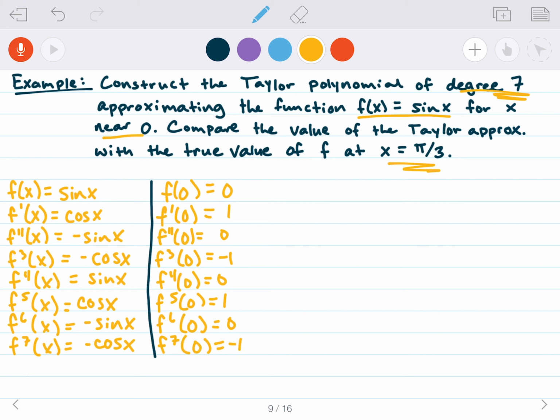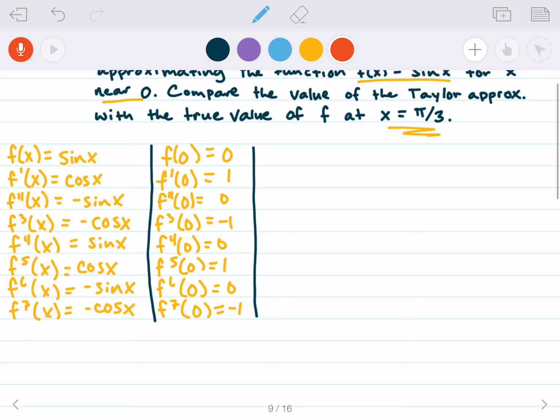All right, cool. So now we have everything we need, and we just need to utilize the formula. So the formula says, hey, we're going to start at f of 0, right? So maybe I'll write it down here. So we have P7 of x, a degree 7 polynomial. It's going to be f of 0 plus f prime of 0 times x plus f double prime of 0